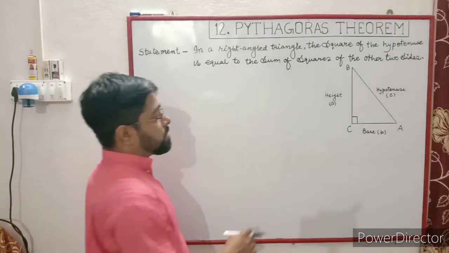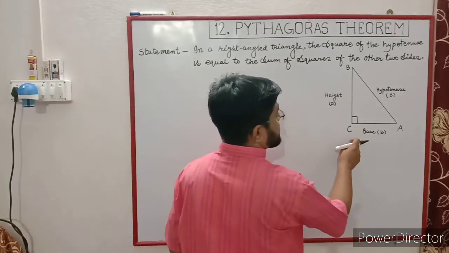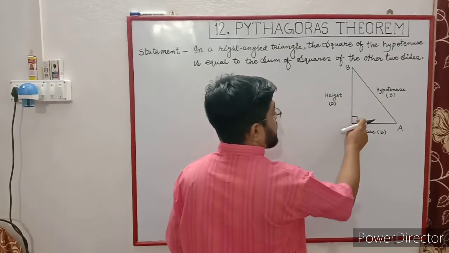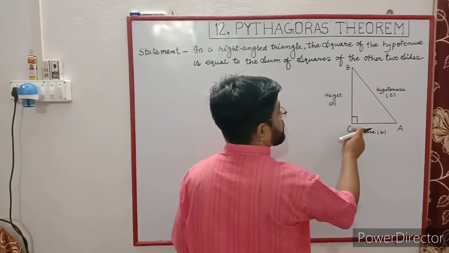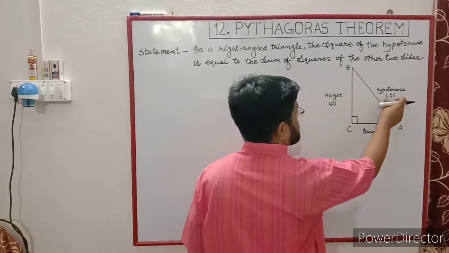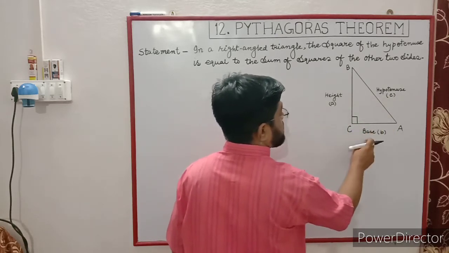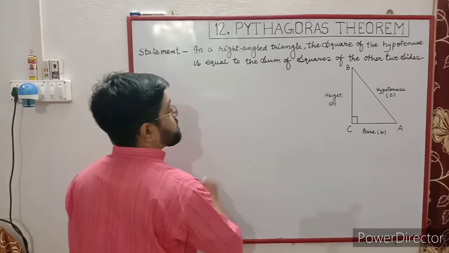Let's see. First of all, ABC is a right angle triangle and C is a right angle, and the side opposite to the right angle is called the hypotenuse, and the other two sides are called height and base. Now,